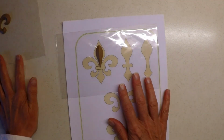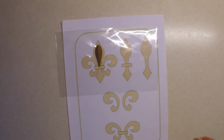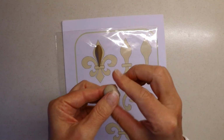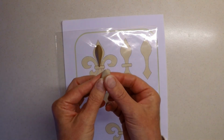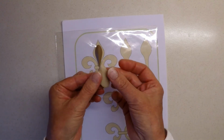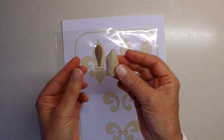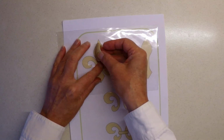Now, in order to complete this top section, we are going to need a piece of cold porcelain that is 2.5 grams in weight. So all I'm going to start to do is to flatten that into a shape that I can start to form over this existing shape. It just saves a bit of time if you start to work out the shape in advance. So if I just lay that over the top of that existing shape